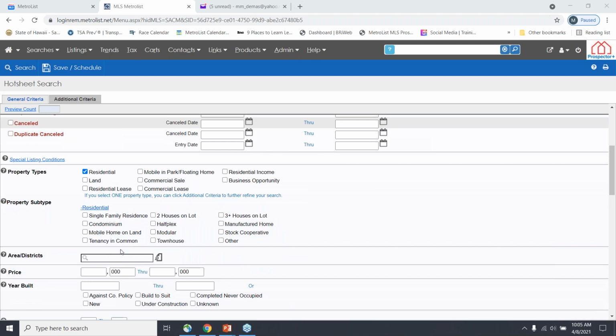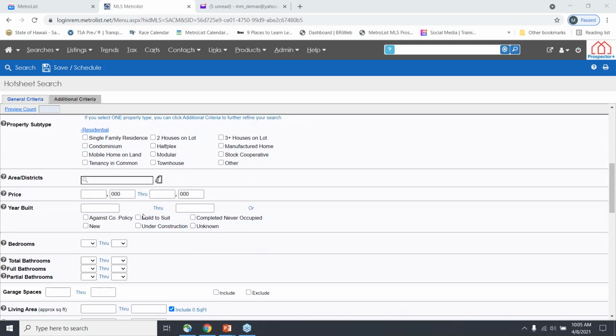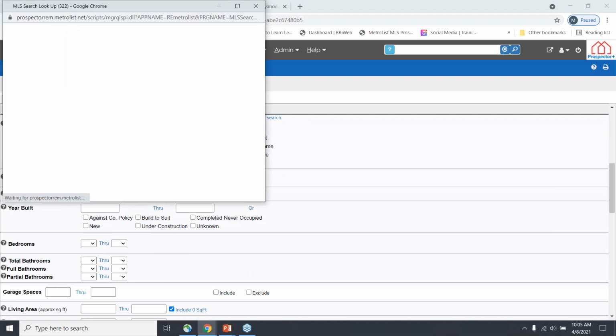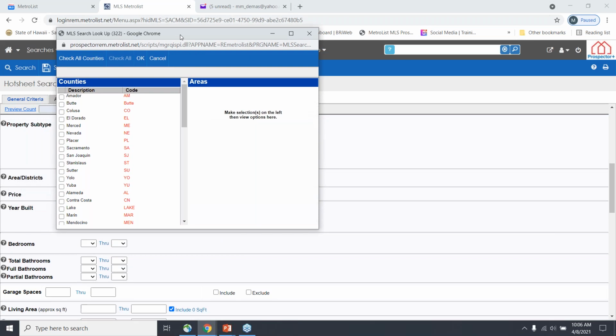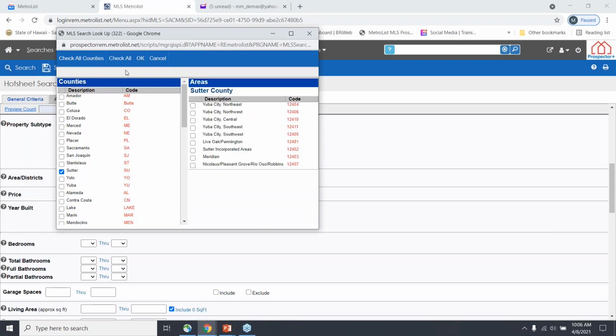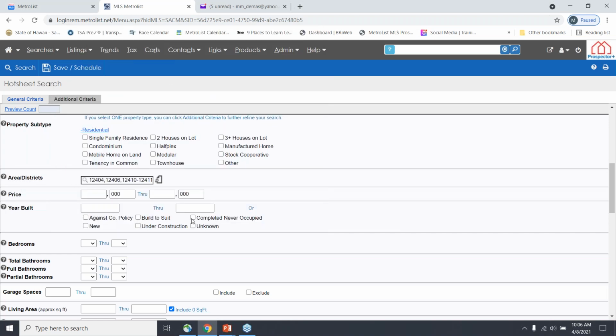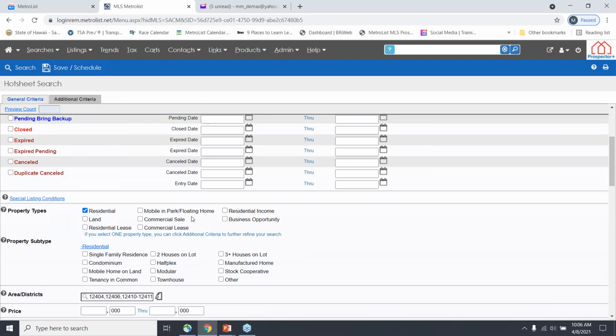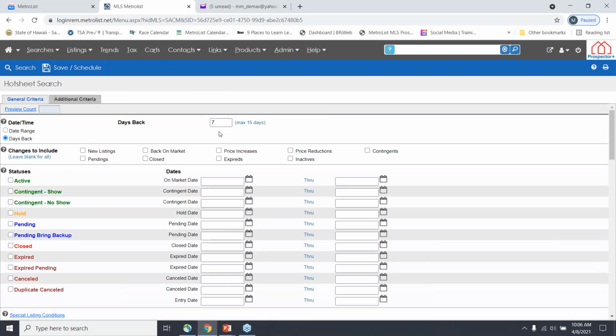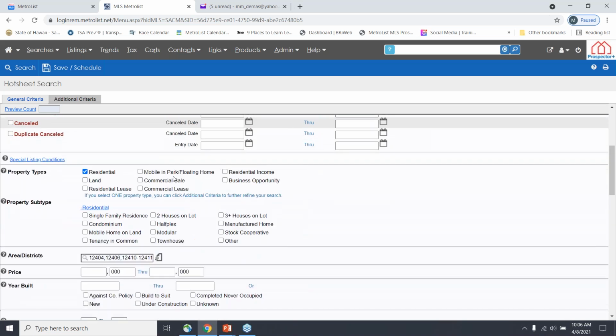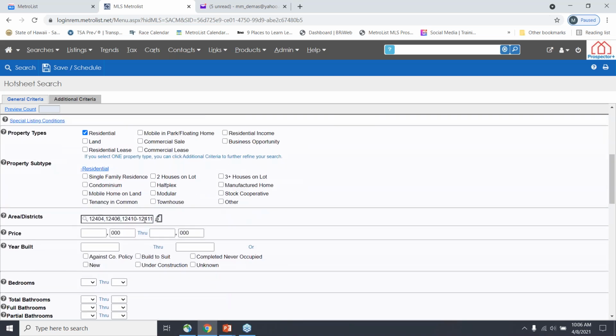I'm not going to pick any property subtypes because it's going to show us all subtypes. Now let's focus on one county here. I'm going to click on the lookup icon, and let's check out Sutter County. I'm going to check all, and click OK. Now I'm going to see the market watch, and what we're going to be looking at here is the market for the last 7 days, all changes, no statuses, residential property, all subtypes for all of